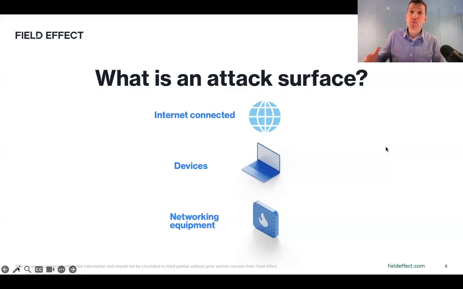Unfortunately, what we end up finding is a whole bunch of other stuff as well. Stuff that likely shouldn't be directly connected to the internet or is misconfigured or just has opportunities for improvement. So that's really what we're looking at from an attack surface. It's from the outside in, the internet looking at an organization and what a hacker sees when they look up